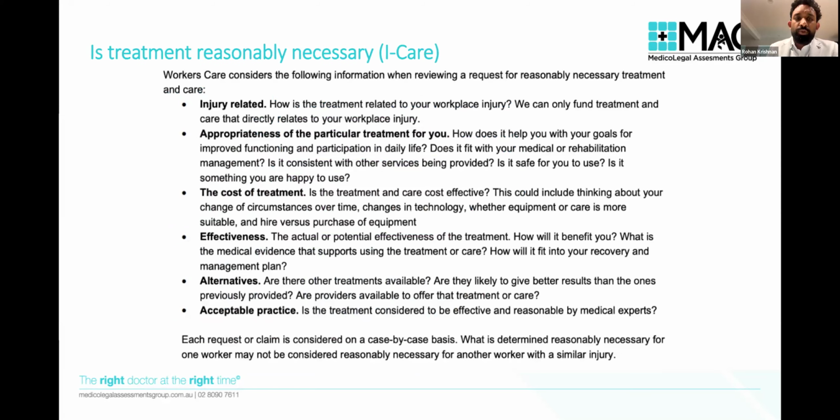So the effectiveness. Is the treatment actually effective? A lot of the time, I get this a lot with TMJ related care. We'll get things like occlusal splints, not as an adjunct, but as a sole treatment. So a night guard or an anti-grinding guard to stop teeth from breaking down. That will be a proposed solution on its own. And there's no evidence to suggest that occlusal splints on their own actually work.